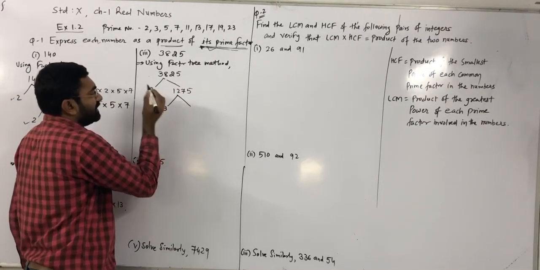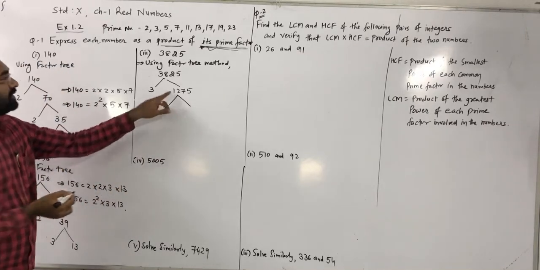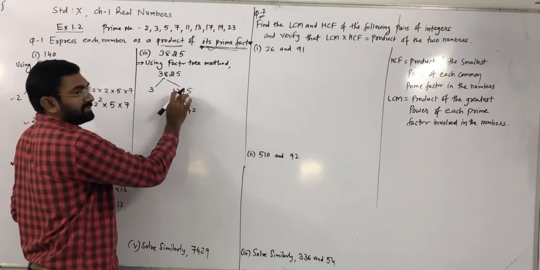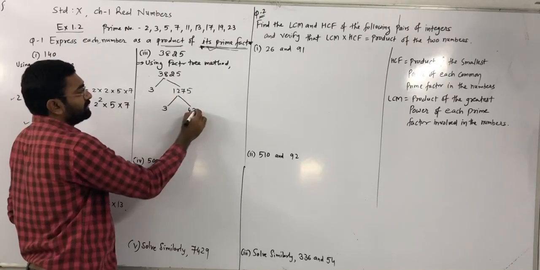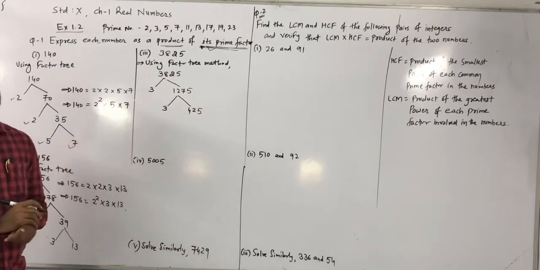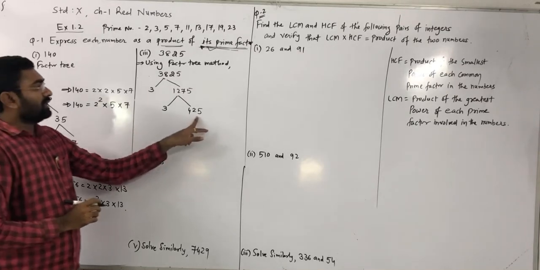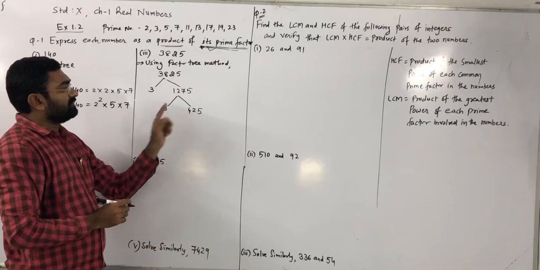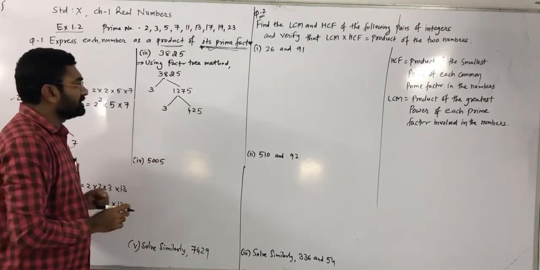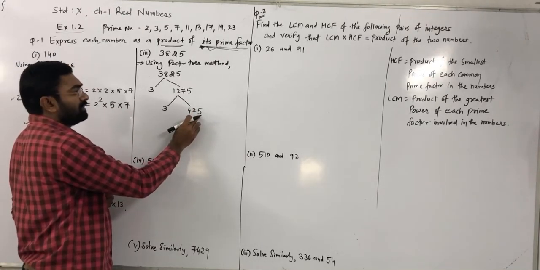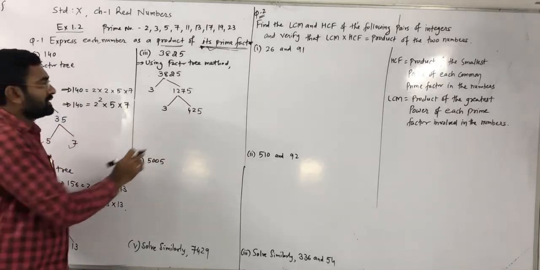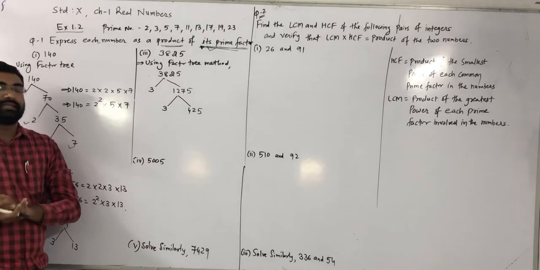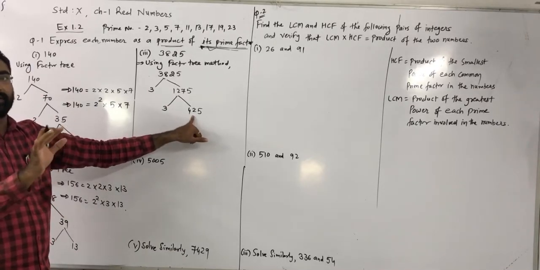So if you divide that factor by 3, we get 3 fours are 12, right? 3 twos are 6 and 1 is the remainder. So we get 15, 5 fives are 15. Right? Now again, is that number divisible by 3 or not? For that, each and every digit we have to add and check. 5 plus 2 is 7, 7 plus 4 is 11. So 11 is not divisible by 3. So that number is not divisible by 3.